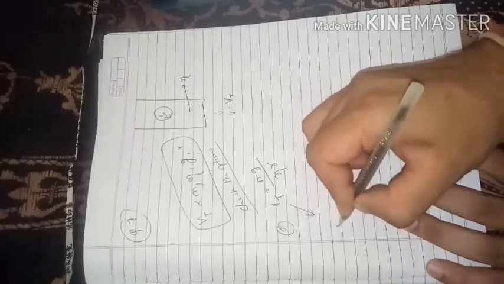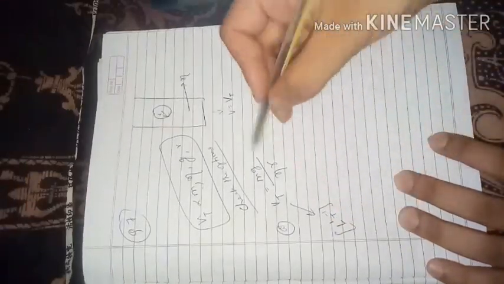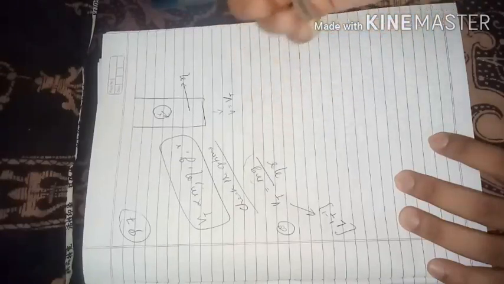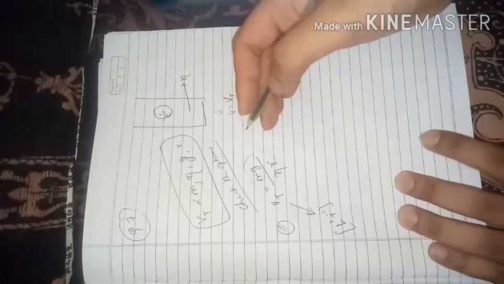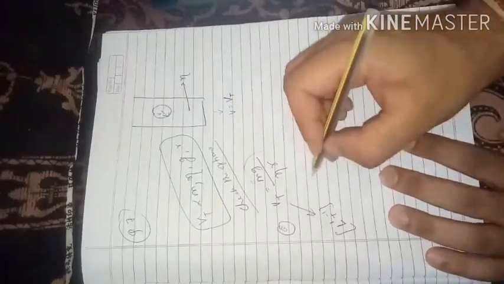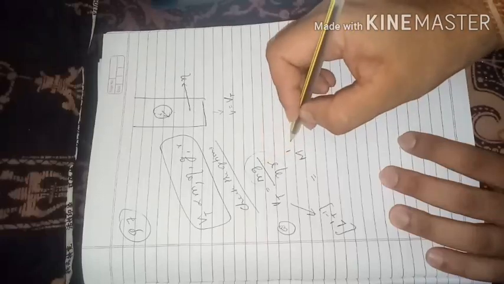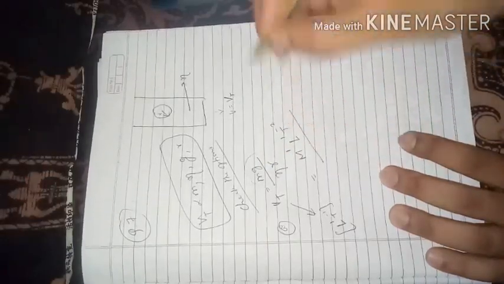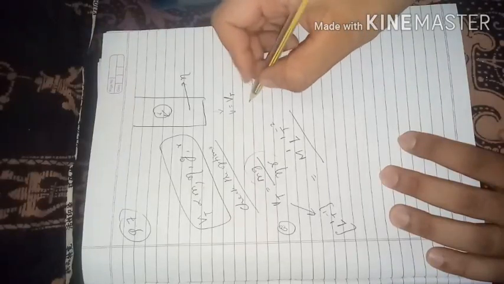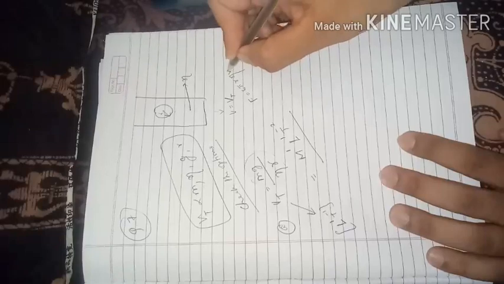For velocity, the dimensional formula is L1 T raised to minus 1. If this RHS also gives the same dimensional formula, then this option would be correct. So let us start. M is mass, so for mass it is M raised to 1. G is acceleration due to gravity, so it's L raised to 1 T raised to minus 2. For eta we'll have to find out. We know that force F is equal to 6 pi r eta v.